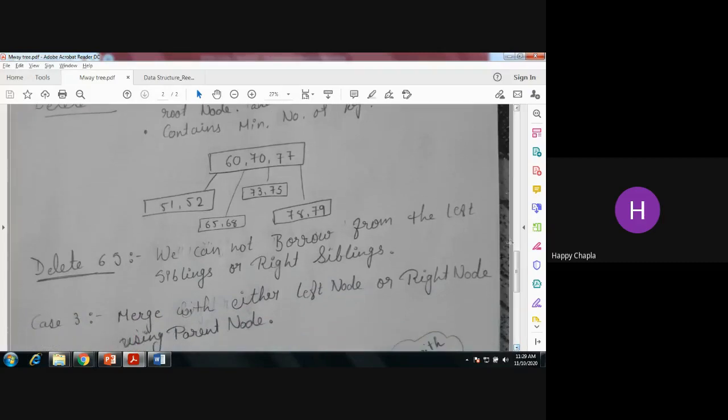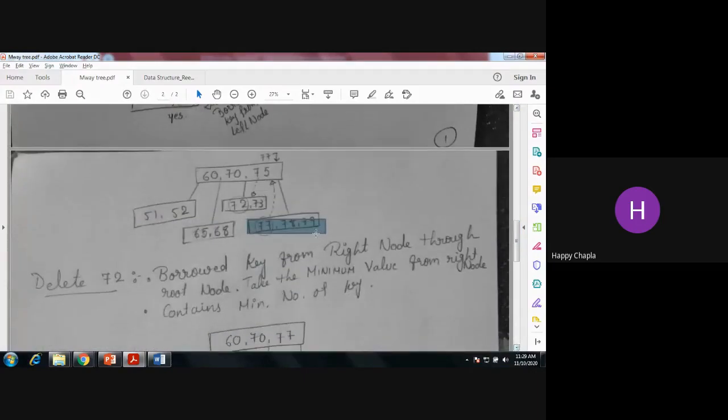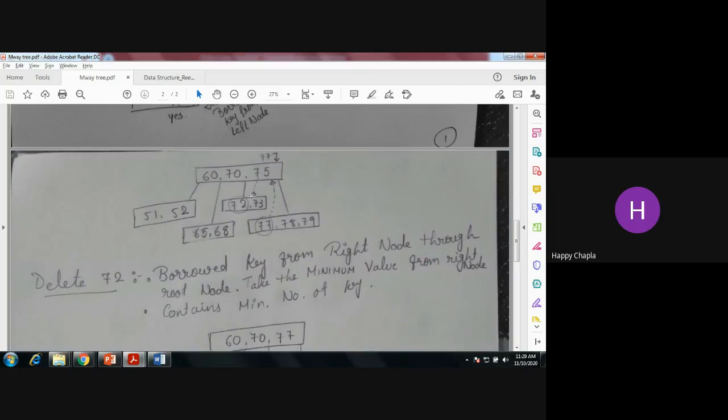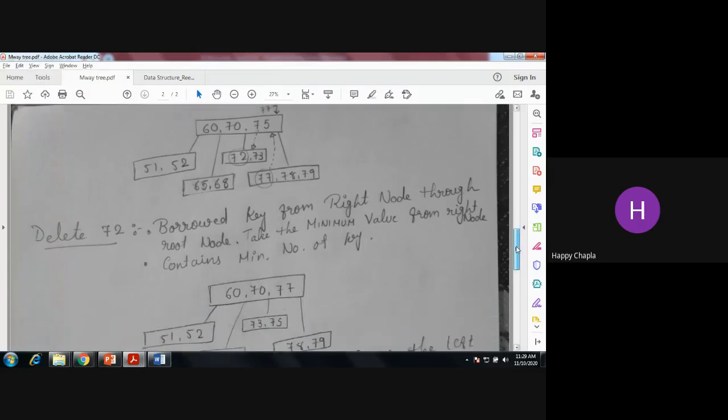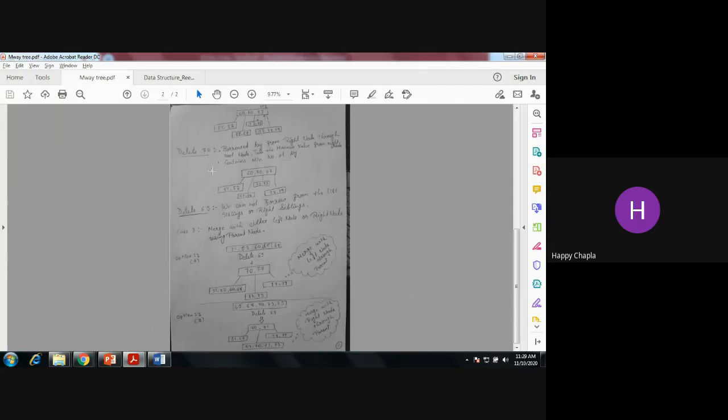So what would be the scenario? We are just trying to delete the 72. So 77 will become the root node, as I have mentioned over here. Now we are just replacing this 75 with this node, and we are trying to delete this 72. Where can we insert 75? So first 73 and 75. So here, this is the scenario. Yes, so this is the thing.